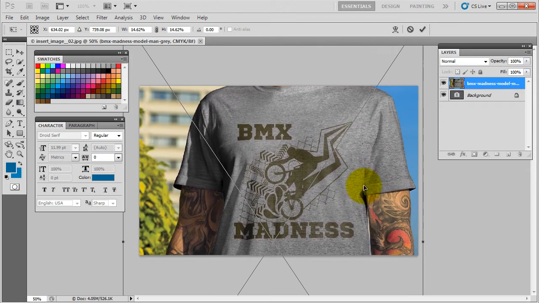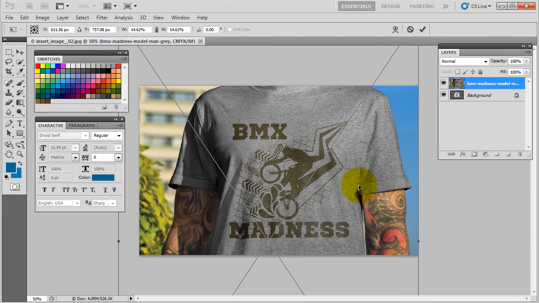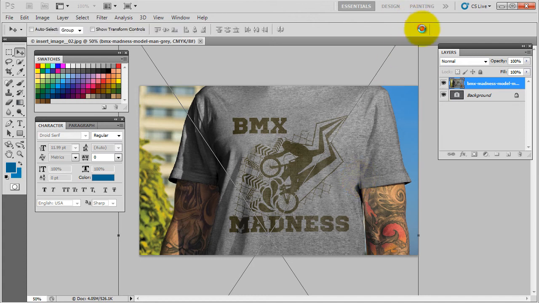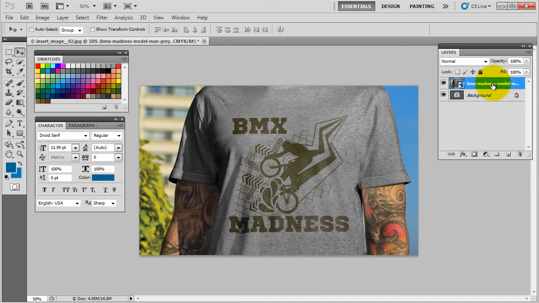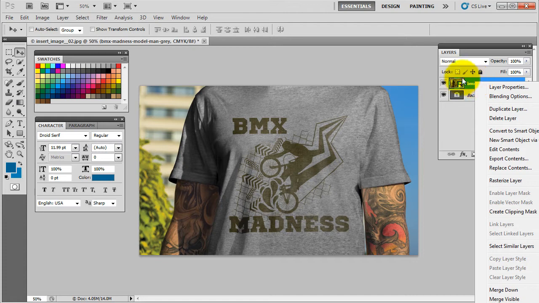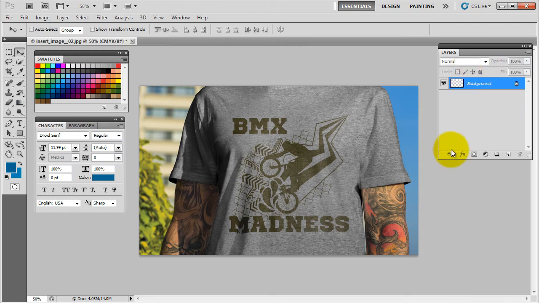I can also position it a little bit better. Okay? And all that's left to do is merge these two layers. I hope you can see this. You select the top layer, go to merge down, or simply use Control E as your keyboard shortcut. You save the image,